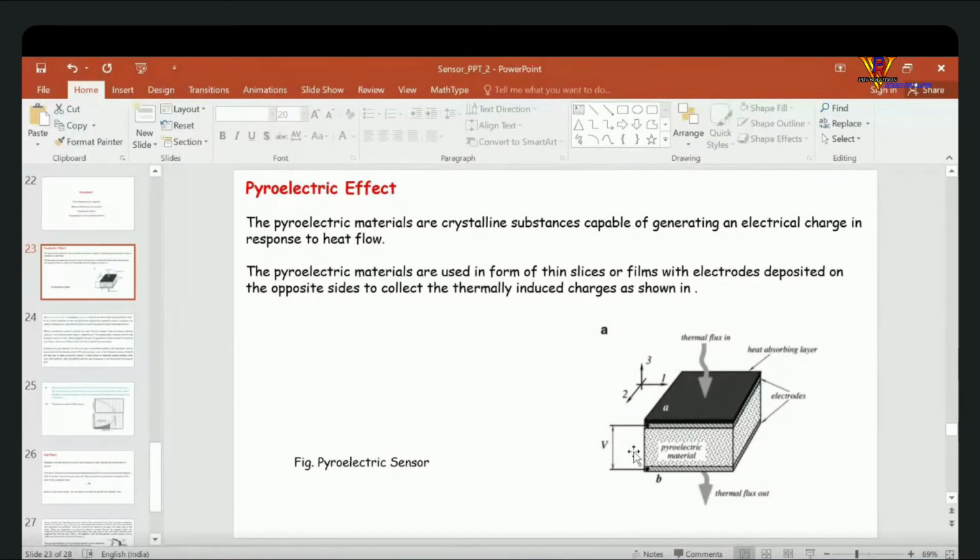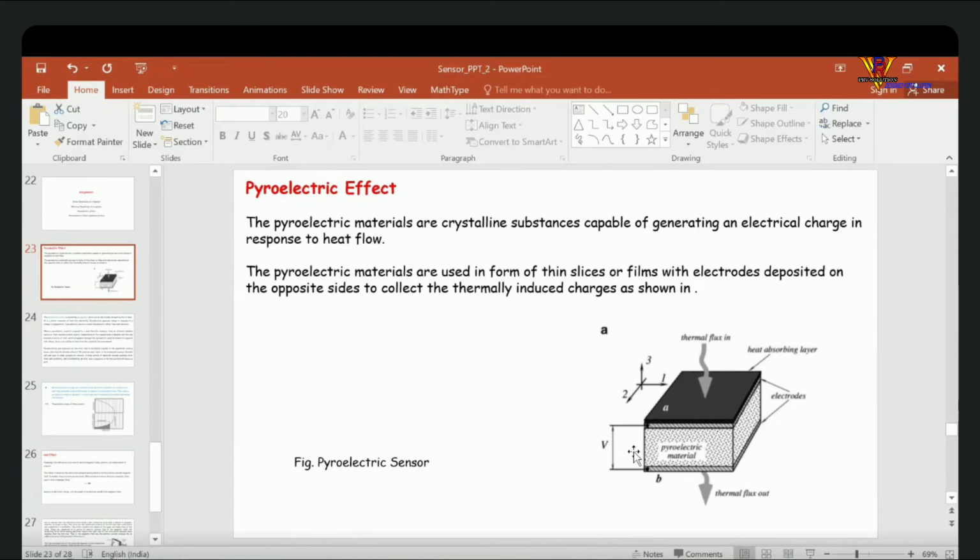Now, in addition to this, suppose the material is placed in an environment and some force may exist. Not natural, maybe unnatural force. Then what may happen? Deformation in the shape of the material may also take place. So in addition to the potential difference generated because of pyroelectricity, there may also be a potential difference due to piezoelectricity. Then the net potential difference will not be the actual measurement corresponding to thermal flux flow.